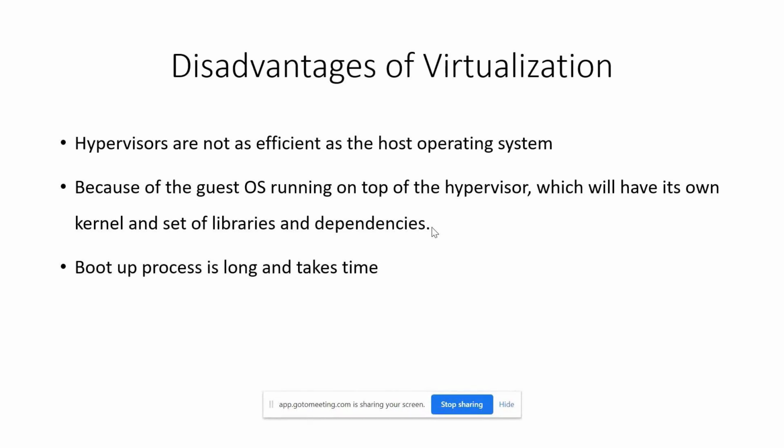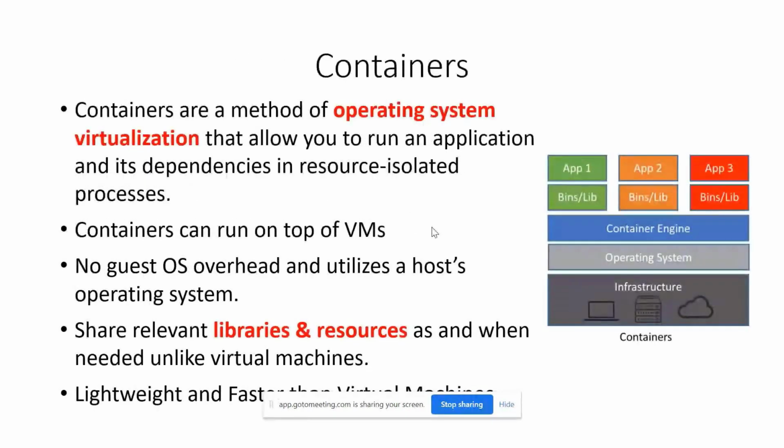So that's the disadvantages. And we are getting into Docker now. So what are containers, right? If you see the diagram now, it's very different. We have an infrastructure, which is your laptop or a bare metal server or a cloud infrastructure, and you have your operating system on top of it. You have something called a container engine. Previously we had hypervisors, now we have a container engine. These container engines are nothing but Docker, or there are other ones like Docker, Rocket. So there are other container engines as well, but Docker is quite popular now. So we'll only be seeing Docker.